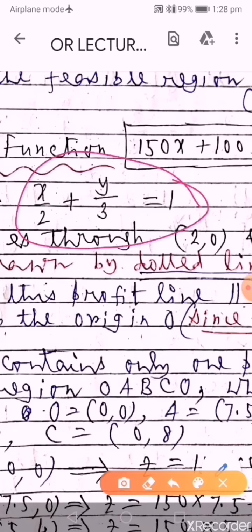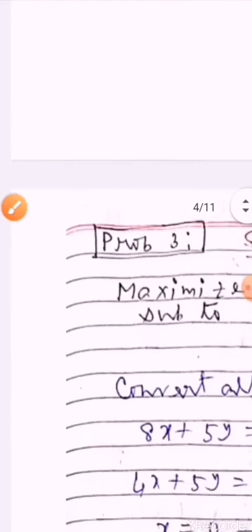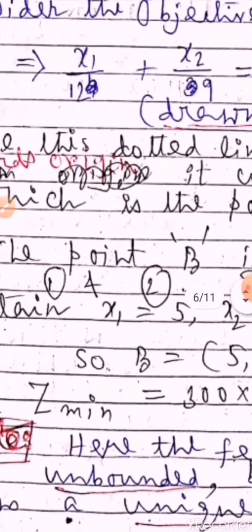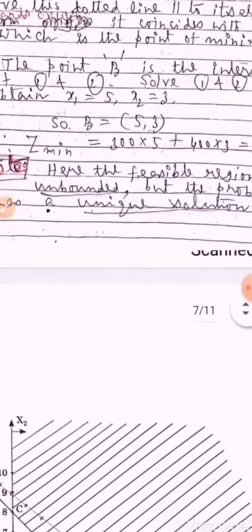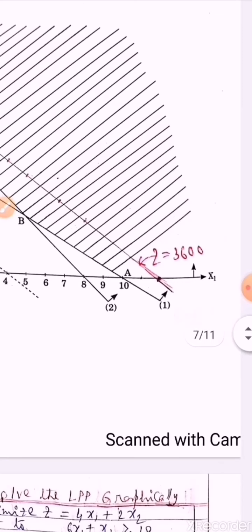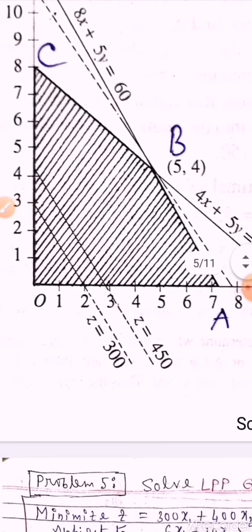We will plot this line within the feasible region. In this way we have considered, I am showing the point here for z is equal to 300, which has been drawn by dotted line